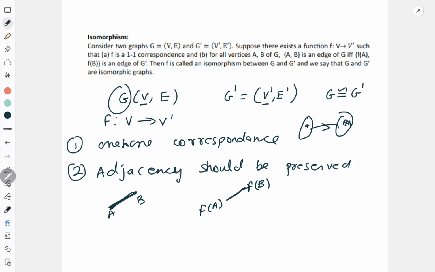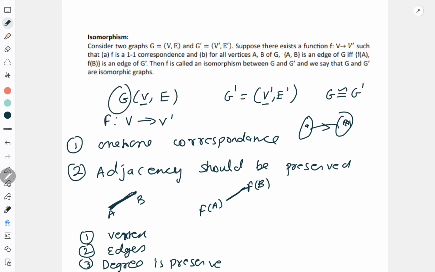So these are the two core things which define the isomorphism. Now when you do the question, what you have to check are the properties of isomorphic graphs. First thing, the number of vertices are the same. Second thing, the number of edges are the same. And third thing, the degree is preserved. Degree is preserved means what? There will be a graph G, and I will write the degree of all the vertices available over there. Then I will write the degree of each vertex in G dash also. So corresponding to every count, I should have another vertex over there with the same count.